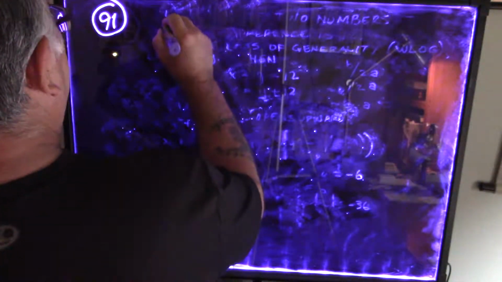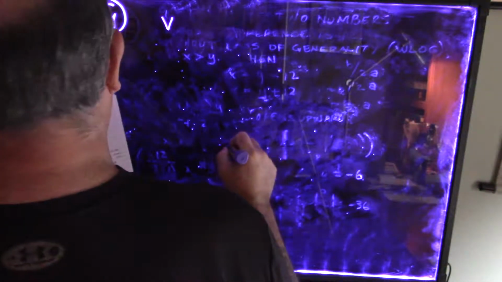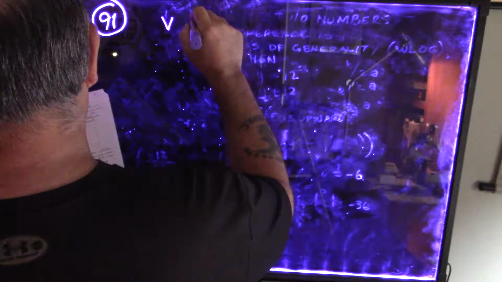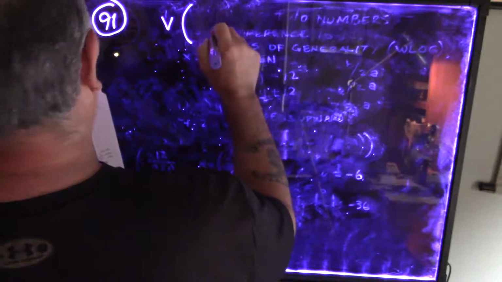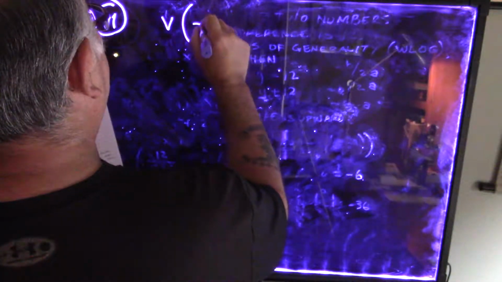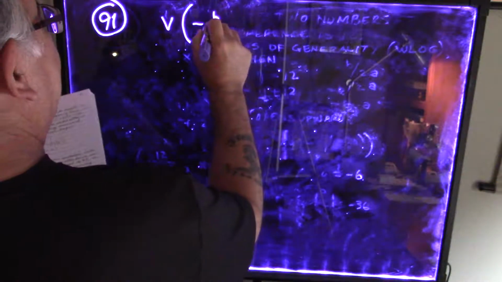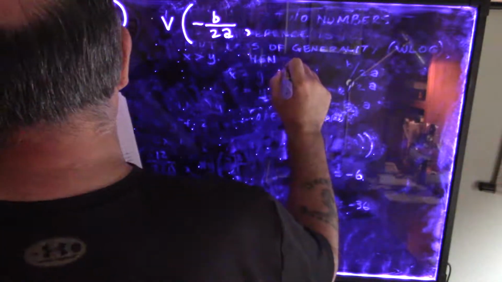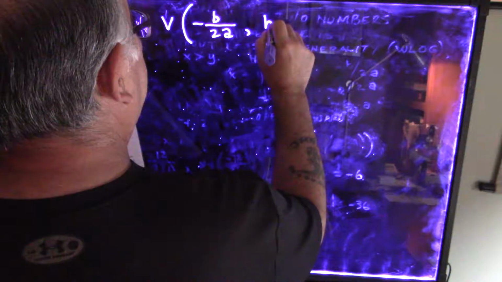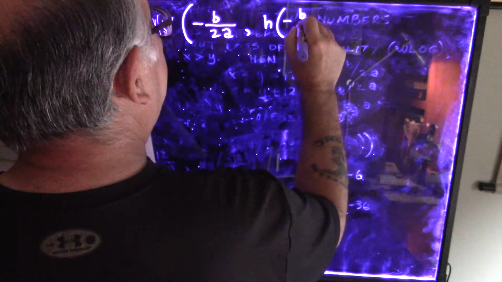Okay, so again I will use the formula, which seems to be easier than completing the square on this one. So v of negative b over 2a, v is the vertex, by the way, negative b over 2a, and this function is h of negative b over